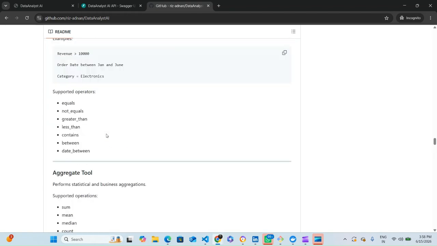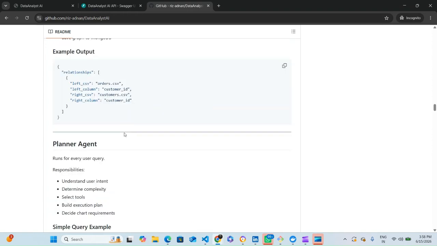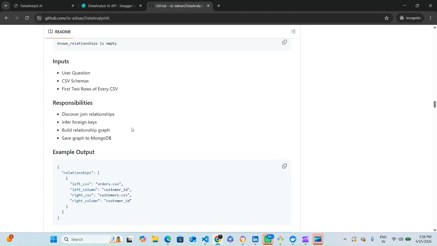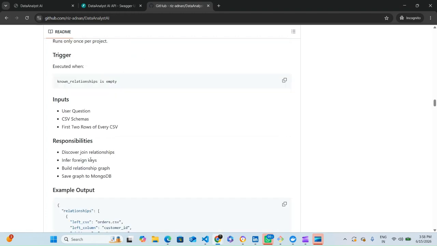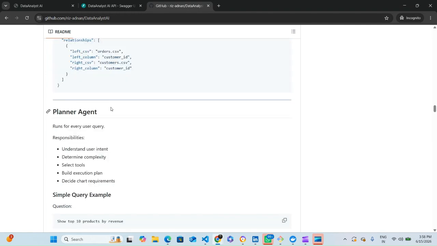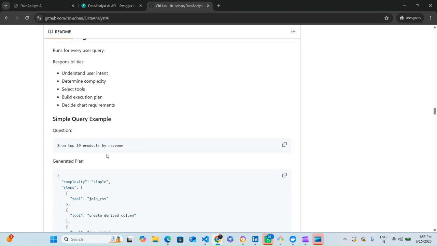Whenever you give any query, if this is the first query of your project, then it will go to the relationship agent and find the known relationships, and then it will go to the planner agent. The planner agent takes the tools, known relationships, the question and the schemas, and finds whether the query is simple